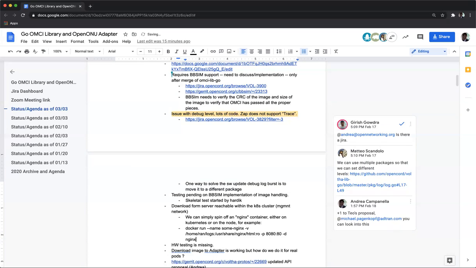Is there anything such that, say, you download the image in the OpenONU Adapter, and there is a certain time during which you should activate, or will it remain there always? I think we don't have a time constraint. Or what if I keep on downloading images into the adapter? Like I could download version 1 of the image, version 2, version 3.